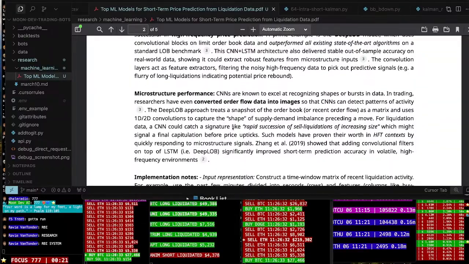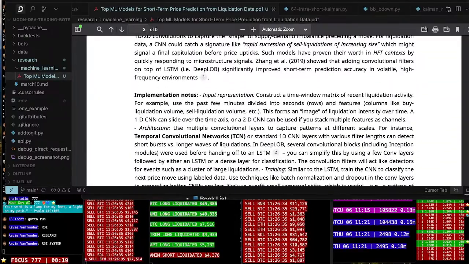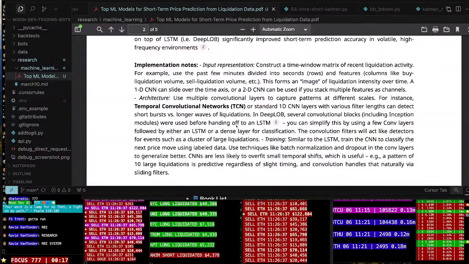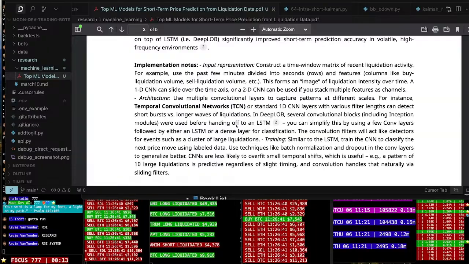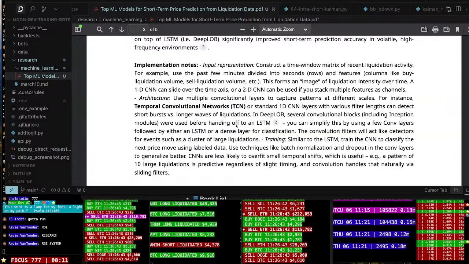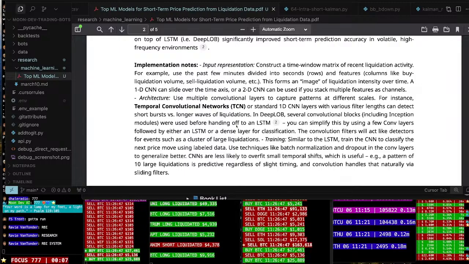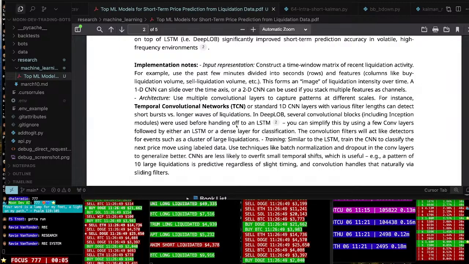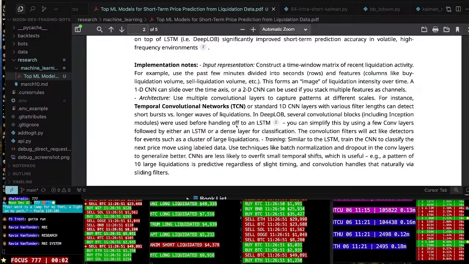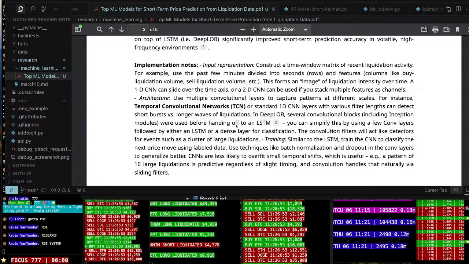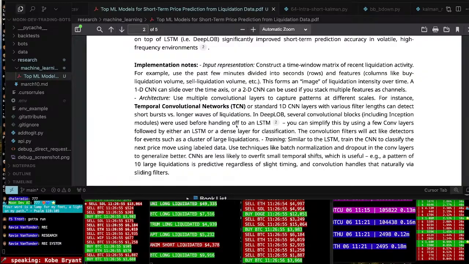This is interesting looking at the order book data as well. Implementation notes. Input representation. Construct a time window matrix of recent liquidation activity. For example, use the past 5 minutes divided into seconds rows and features columns like buy liquidation volume, sell liquidation volume,